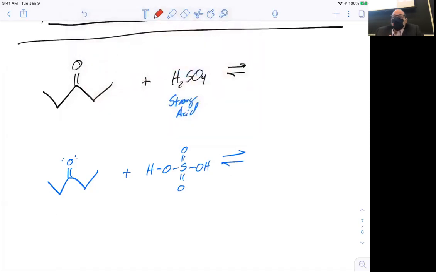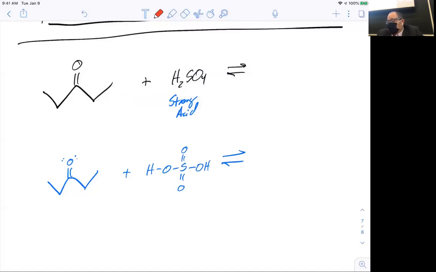Okay, on this one, for the carbonyl species here, this ketone, there's not really anything to redraw. It's not like we have a sodium or potassium and we need to show the positive and the negative, but it does have a lone pair and that's going to be important. So I've redrawn it with a lone pair. For the H2SO4, this is a strong acid, right? This is sulfuric acid. This is one of the stronger acids we have. I've gone ahead and redrawn that so that we can follow what's happening and so that we can compare the